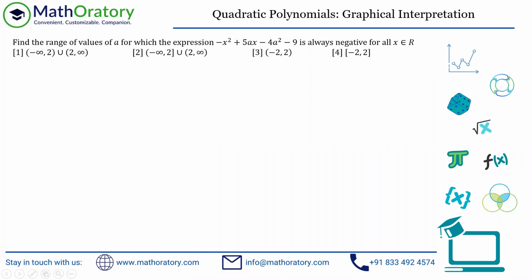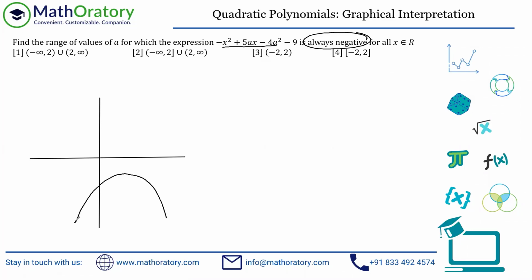Okay, so whenever you have a question like this, where it says for what values of a a certain quadratic expression is always negative, or always positive, in those kinds of cases, always try to first identify the graphical implication of that. If I have a quadratic expression, it will be a parabola, and if it is always negative, the graph should be something like this, right? So it should always be below the x-axis.